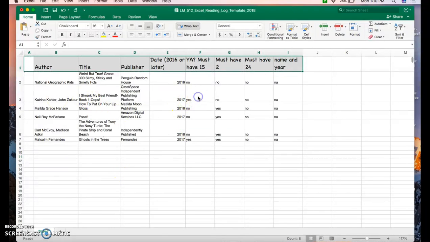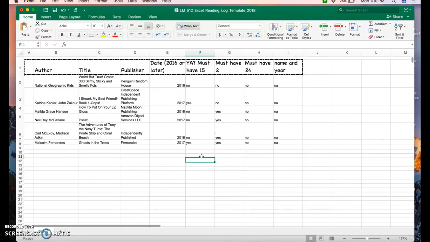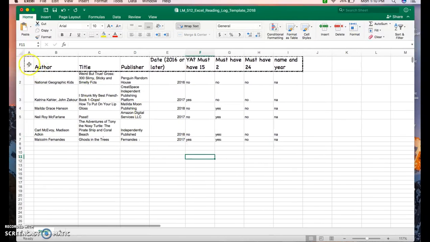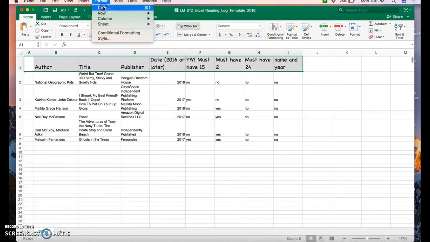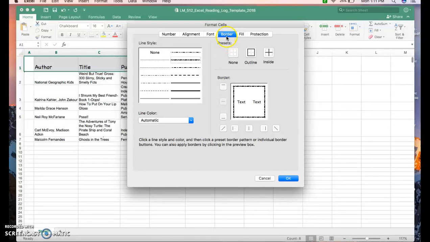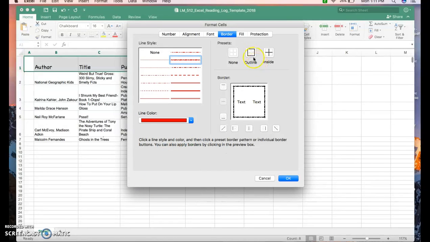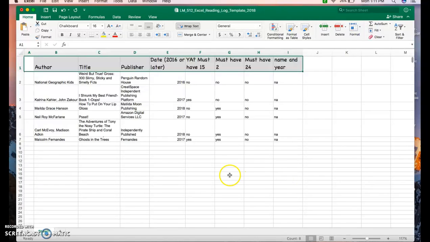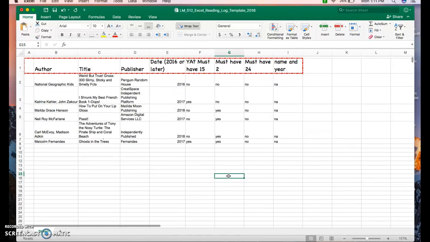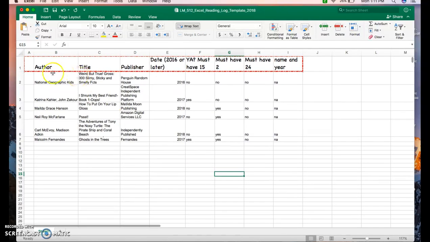So let's look and see what happened. Well, as you notice, it didn't change the color of it. So let's go back in and see if we can figure out why. We'll go back to Format, Cells, and we'll look at our border. And it looks like we've chosen the same border, but what we need to do is we need to choose our color and then choose that we want it to be an outline and click OK. And there is our outline, all red with our little squigglies. All right,